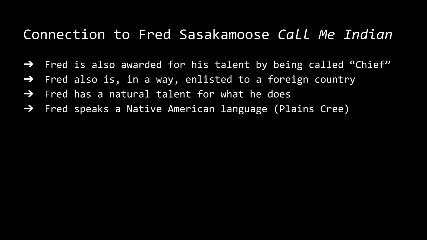And also, Fred is enlisted to a foreign country. Well, not really enlisted in a military sense, but he goes to a foreign country to play hockey. He's from Canada, and he goes to the United States. And this is kind of similar. I mean, obviously, Canada and the United States are really close, but it's kind of similar in a way to Peter MacDonald, or any code talker for that matter, going to a foreign country to